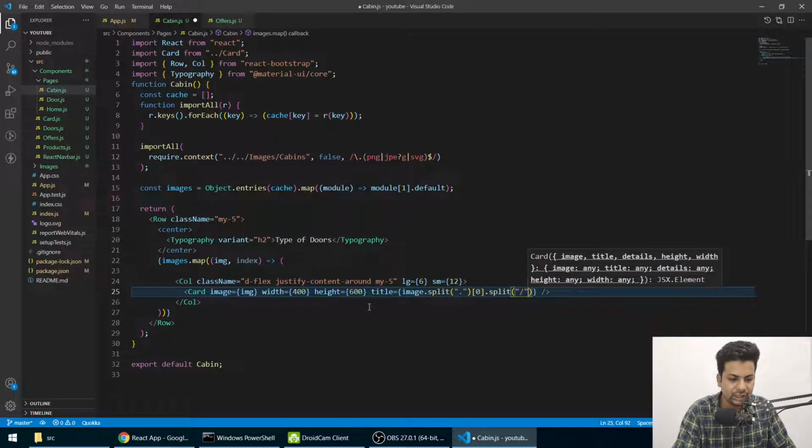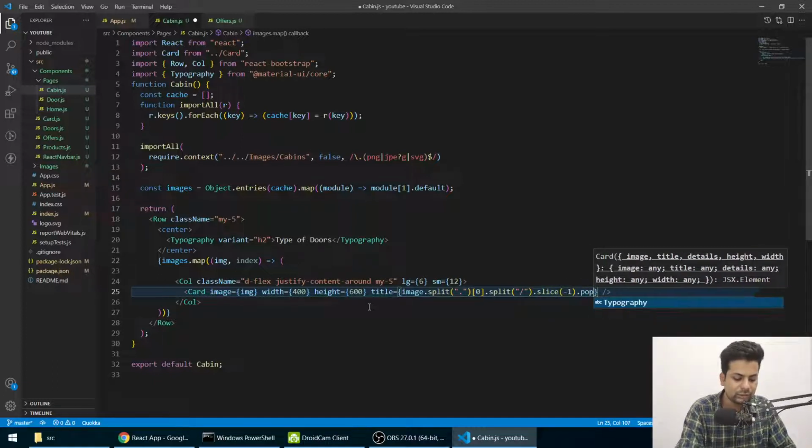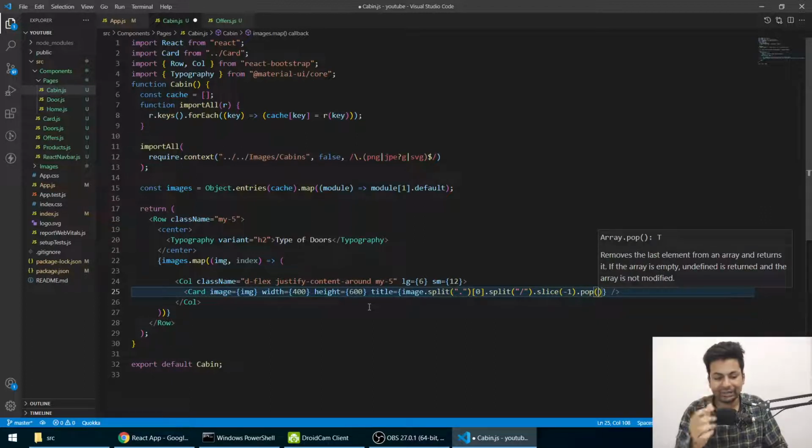Then we'll say slash, then we'll say slice, then we'll say -1, then we'll say dot pop. So this will basically give that file name, and we'll use it as a title.